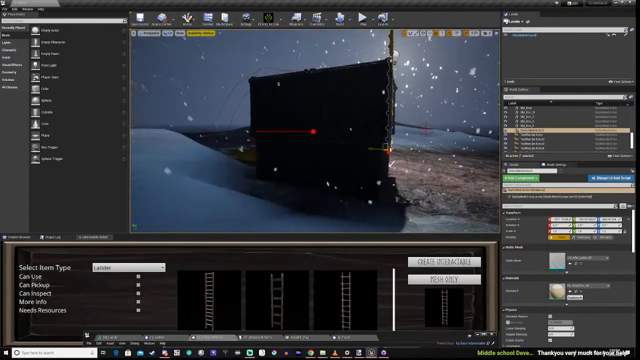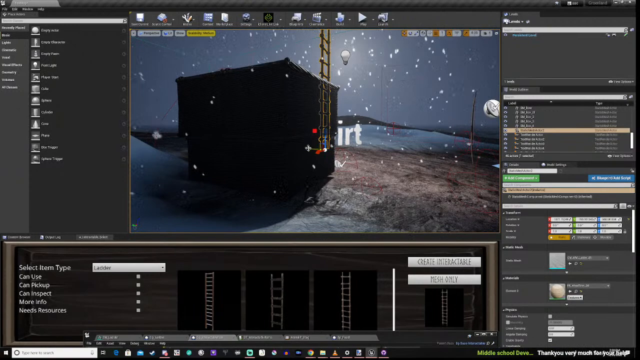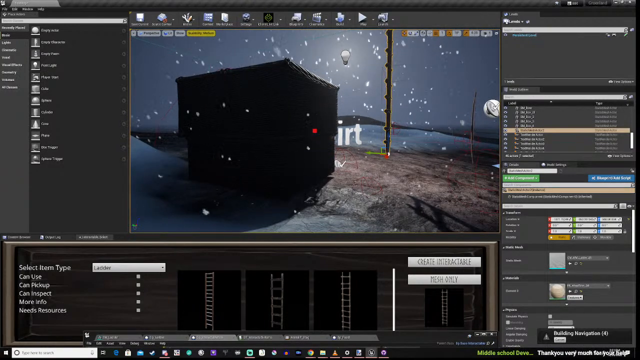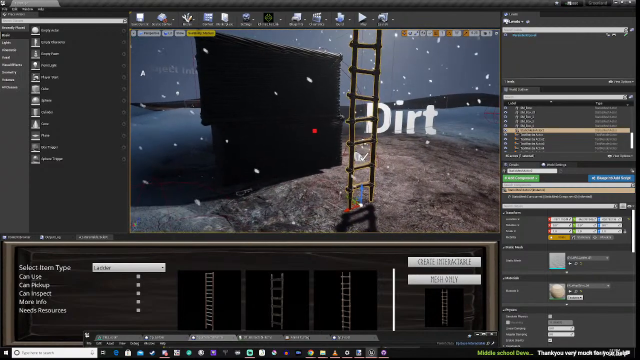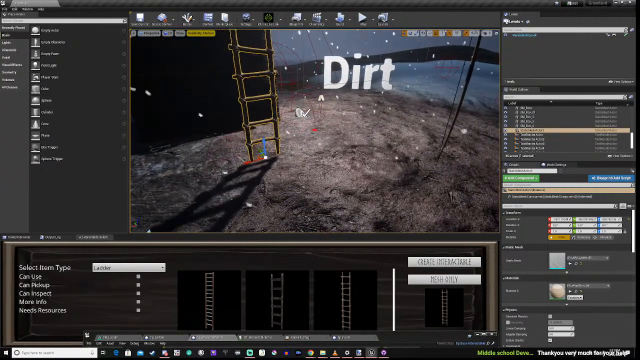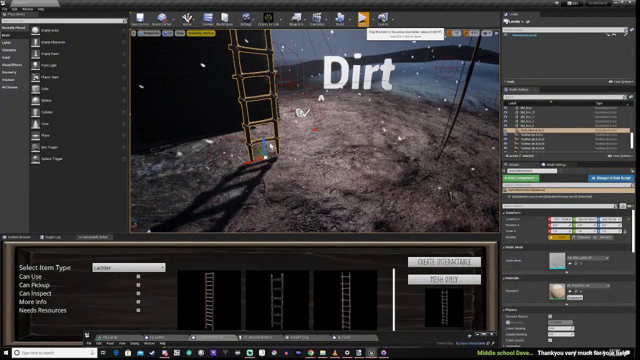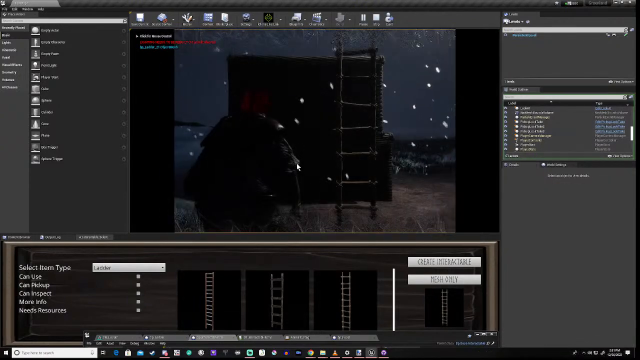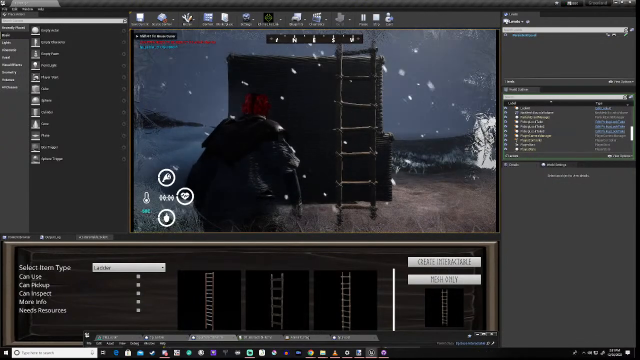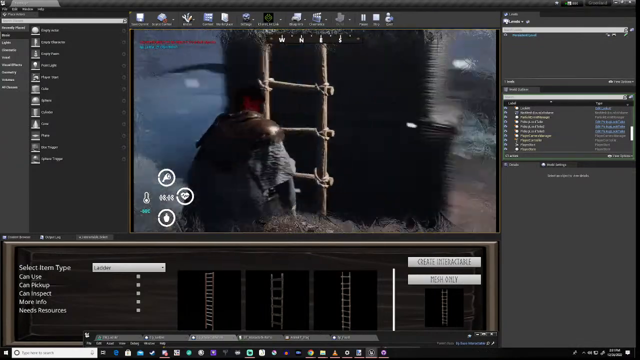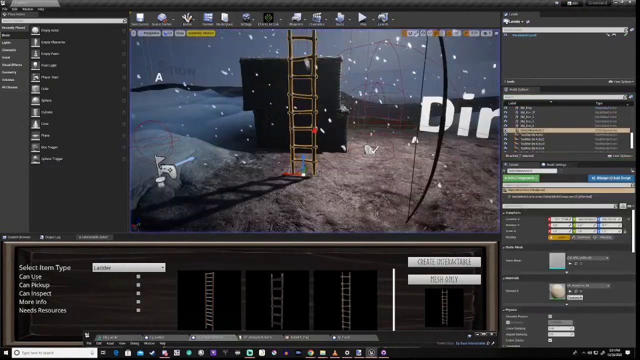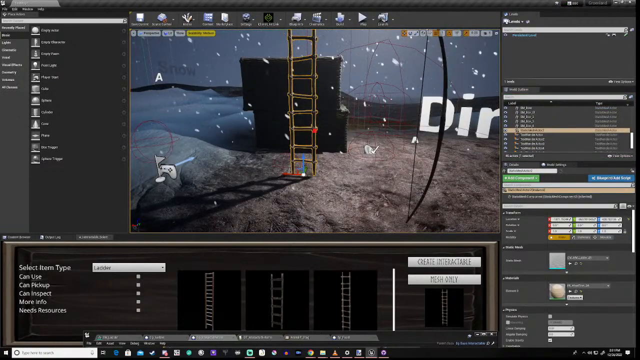Now you will notice that if I now press play, because it's a mesh only, it's not going to do anything, right? So it's purely scenery, right? You'll notice nothing happens when I walk up to it, right? Nothing. Okay, but